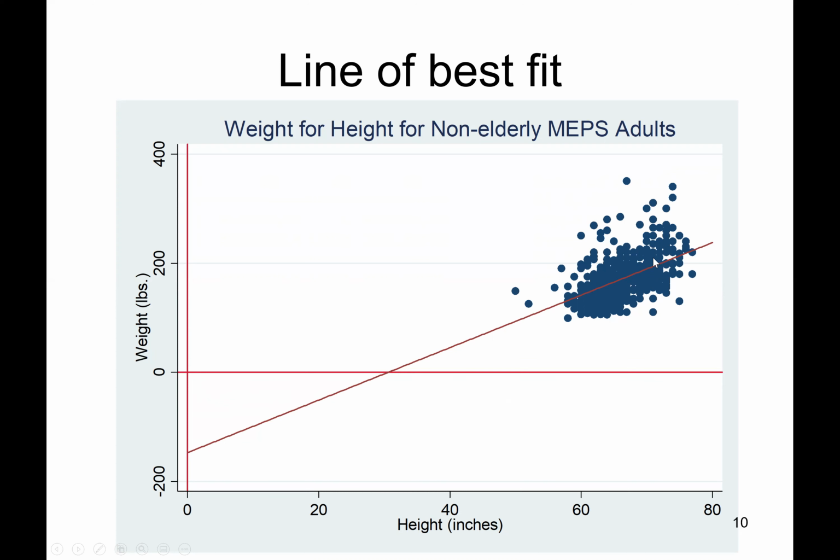So, but you find what Stata does is it finds the line that minimizes the amount of variation away from this line. So you take the distance between this line and this dot, you square it, and that's just to avoid getting negative values. And then you sum, and you do that for every single observation. And so Stata finds the line where the sum of all of those squared errors is the smallest it can